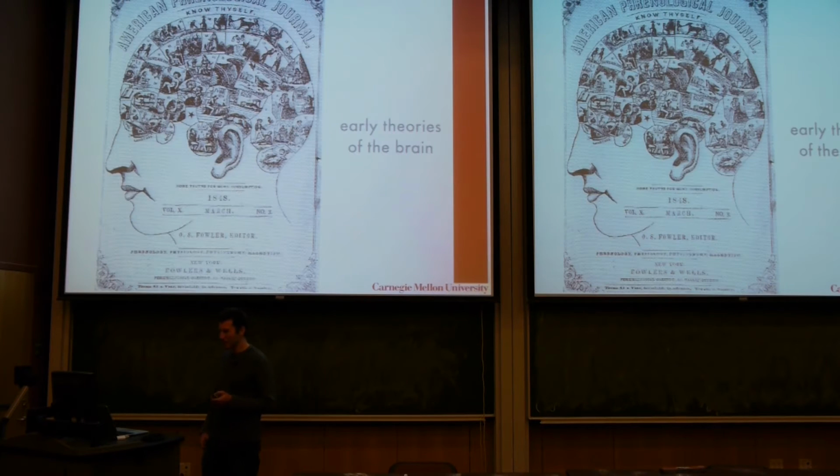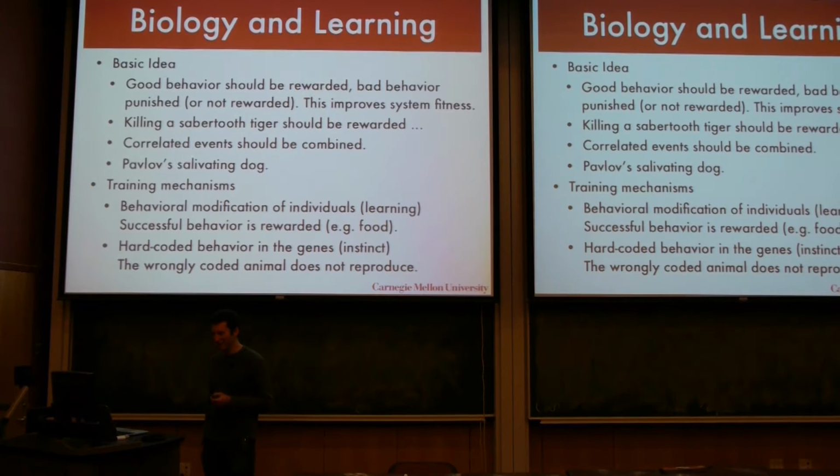Just for your amusement, this is how people used to think that the brain works. The American Phrenological Society, 1848. They thought that various areas were responsible for various parts of the brain. And actually, it's not utterly wrong. There is the visual cortex and so on that mainly takes care of vision. But I think we've come a long way on this.